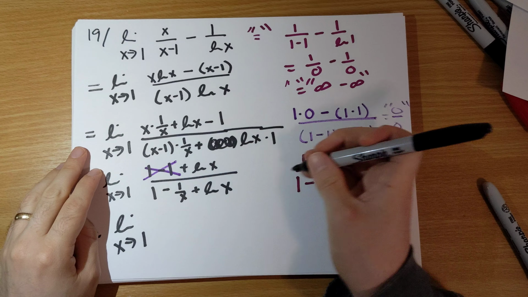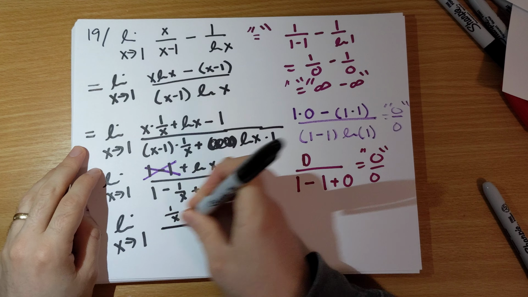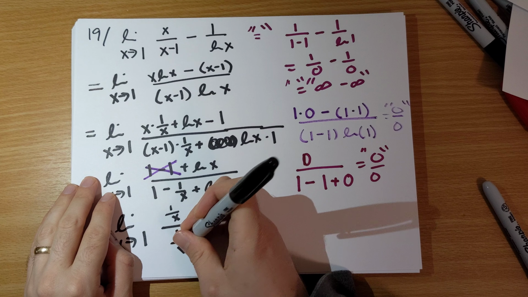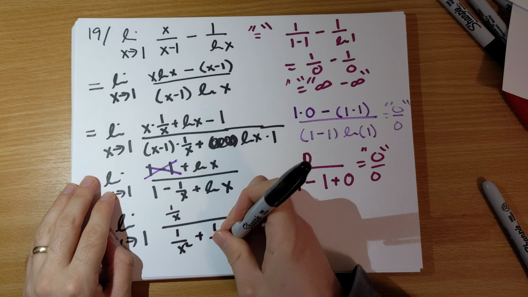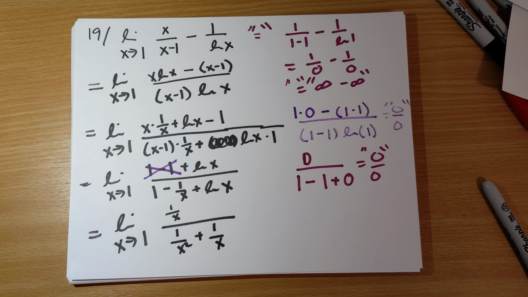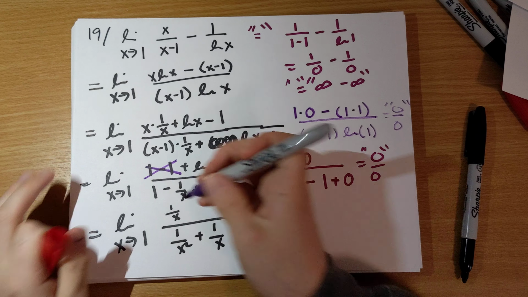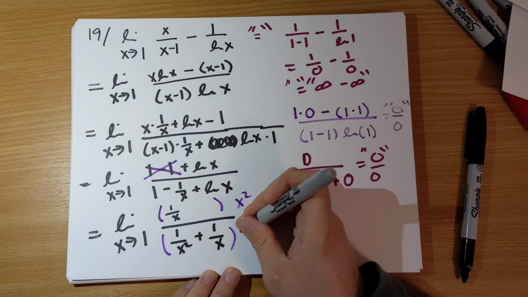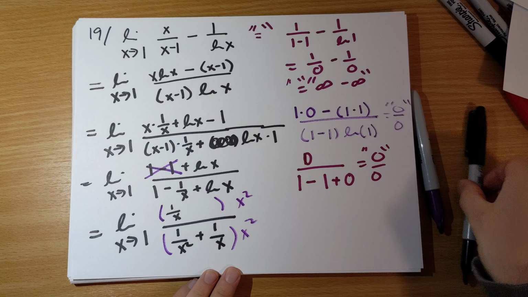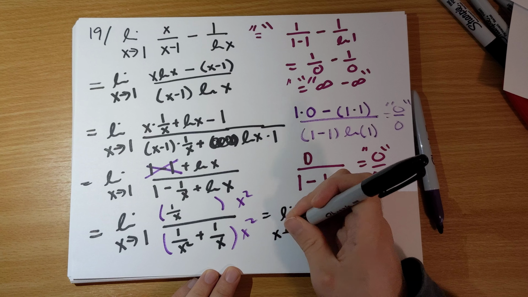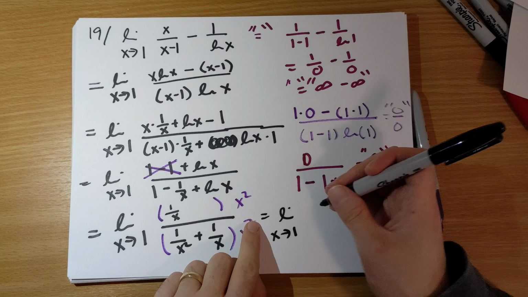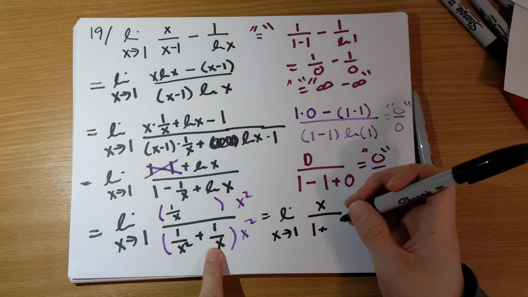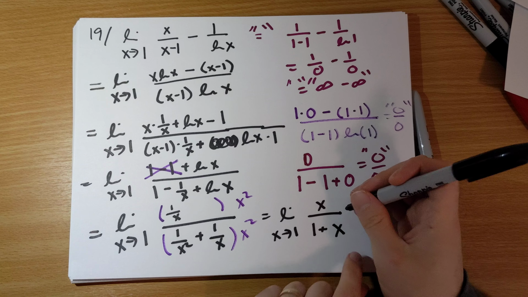Derivative of natural log of x is going to be 1 over x. Derivative of the downstairs is going to be 0 plus 1 over x squared plus 1 over x. Okay, let's multiply the top and bottom by x squared to see what we have. And so we'd end up with the limit as x goes to 1 of 1 over x times x squared is x, over x squared times 1 over x squared is 1, x squared times 1 over x is x. And finally,